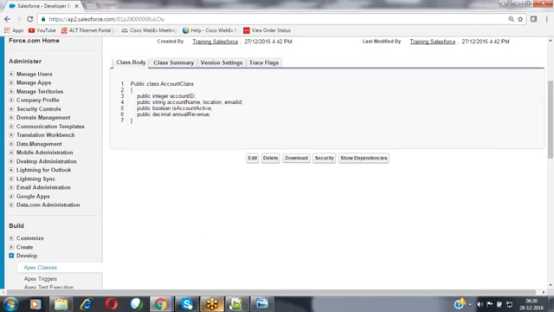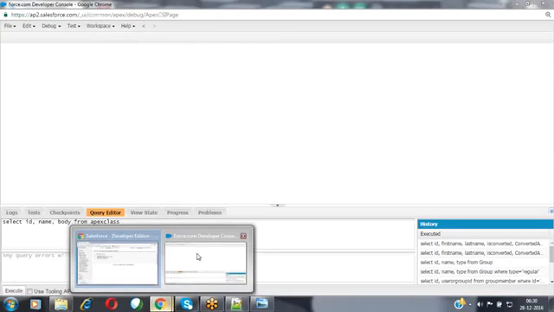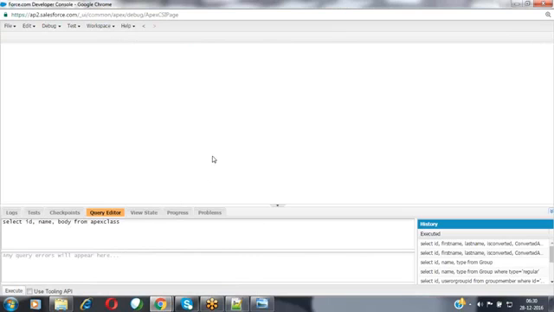Now let's see how we can write the code inside the execute anonymous window, and then how we can compile and execute that code. Let's see practically here. When coming to the execute anonymous window, this is like an immediate window where we can write some code, compile it, and execute that code. We can see the result also here.